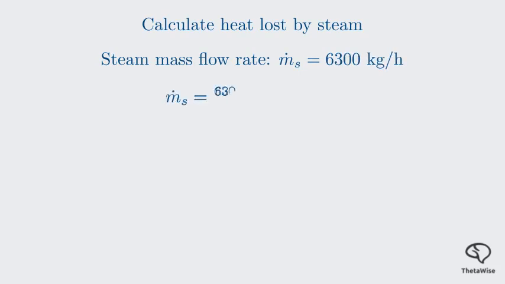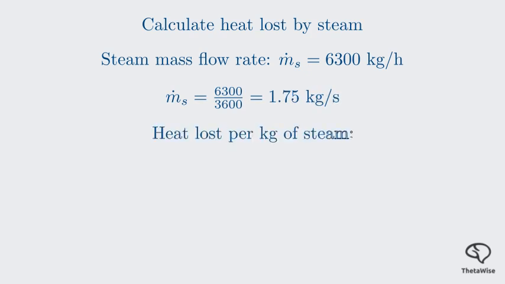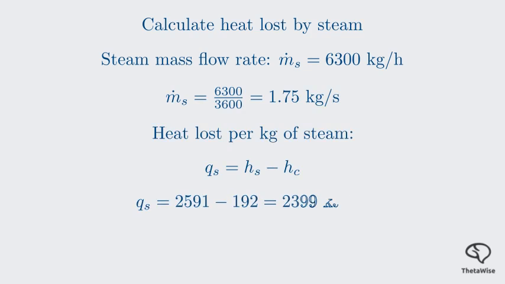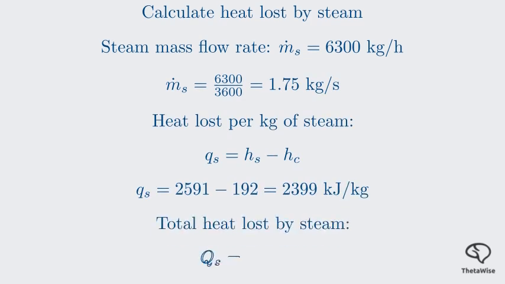This gives us a mass flow rate of 1.75 kilograms per second. The heat lost per kilogram of steam, Q sub S, is the difference between its initial and final specific enthalpies. Subtracting 192 from 2591 gives 2399 kilojoules per kilogram. Finally, the total rate of heat lost by the steam, Q sub S, is the product of the mass flow